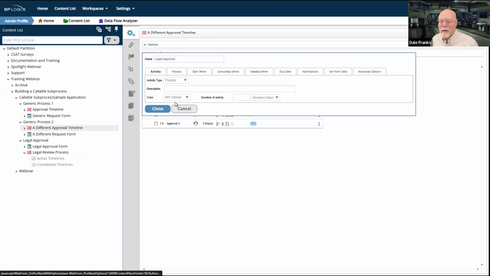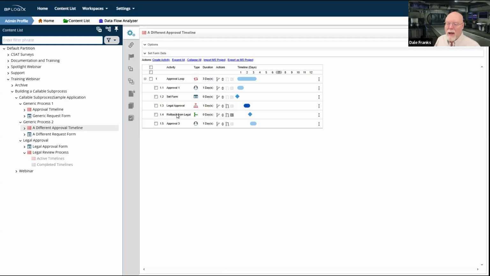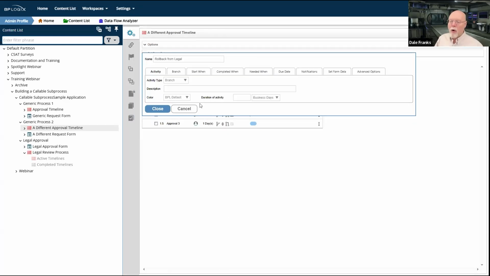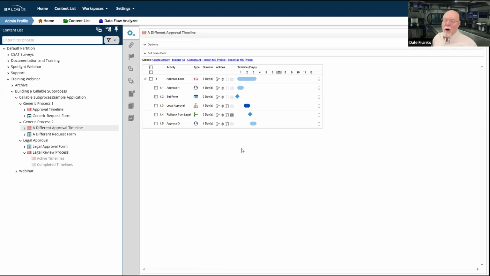It's going to run the process activity to call my legal review process, again transferring all objects to the child and back to the parent. And then, of course, it has the same rollback from legal, which is going to run, again, if legal approval is not checked. So those 3 activities are what I need to call my sub-process.